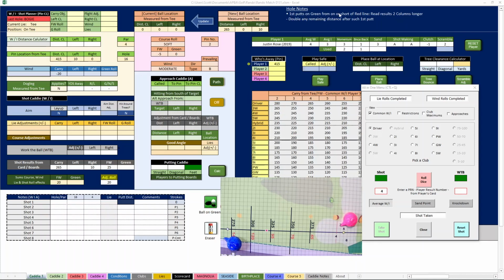First putts on green from on or short of the red line read results 2 columns longer. Okay, and then double any remaining distance after such first putt. Well, yeah, you don't want to be... We don't want this next shot to end up short of that red line. That would not be good. And in fact, we've got to hit it past that red line. So with that in mind, let's see